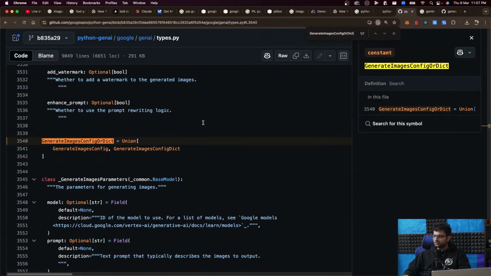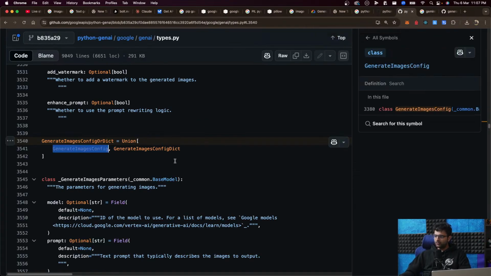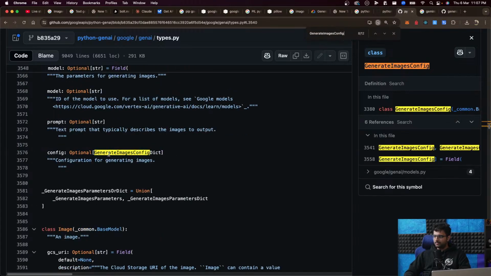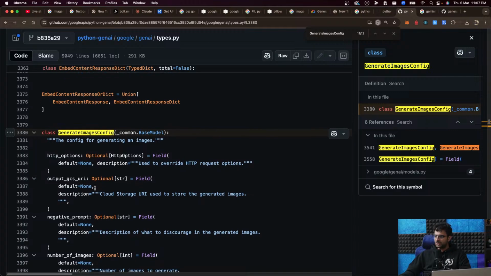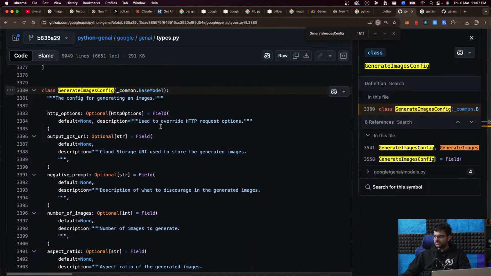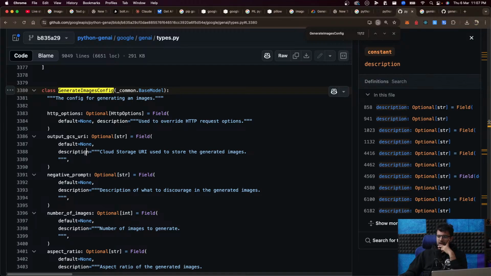All right, what does this type look like? It is a union of generate images config, which looks like this. HTTP options, if you want to override the default HTTP options, things like headers, cloud storage URL. Wow, they have a lot of things. This will be really hard. Output GCS URI. I guess that's fine. We just need to forward it to the API.